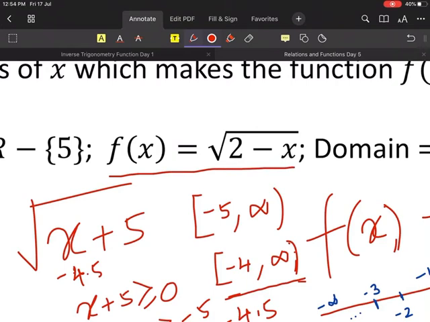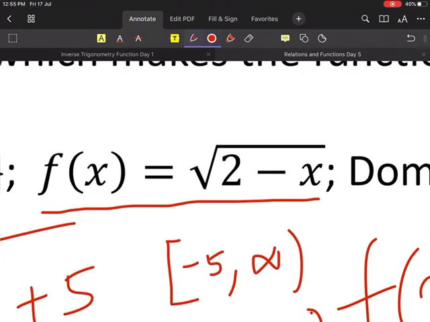Now this one is my question. Please tell me the domain, just like this one. Do it yourself and tell me the domain now. Do it fast. Tell me the domain of root over of 2 minus x. What will it be? What will be the domain? Try it yourself. Don't say pass. Just tell me a wrong answer. I don't care, but try. Trying is the most important thing. What is the domain? Tell me.